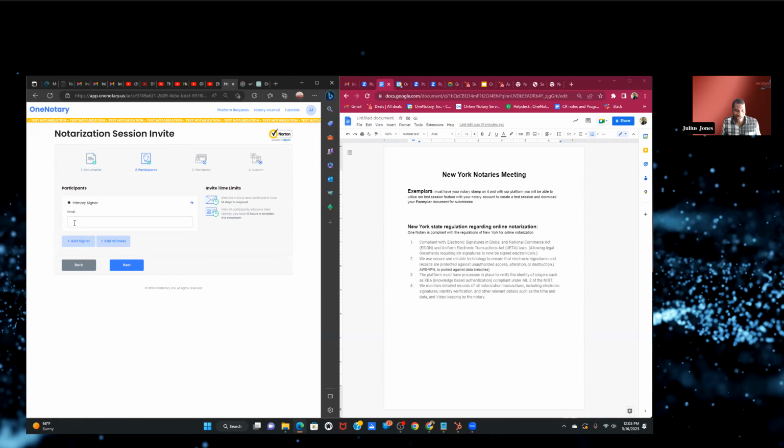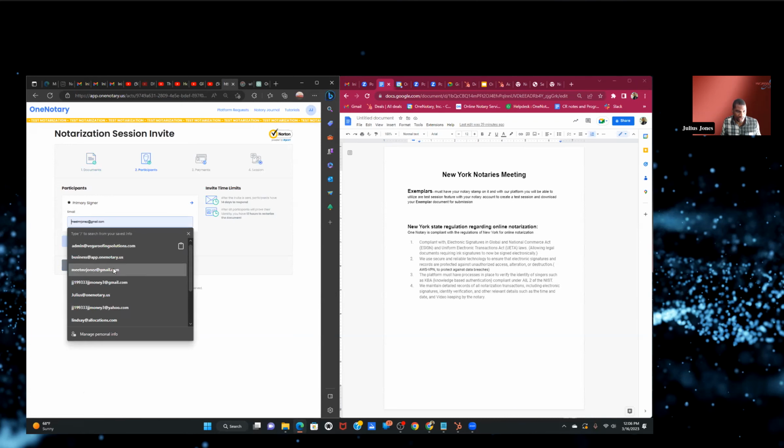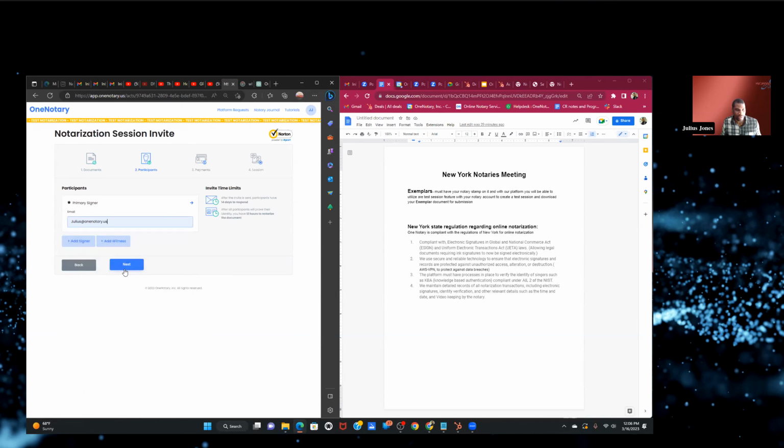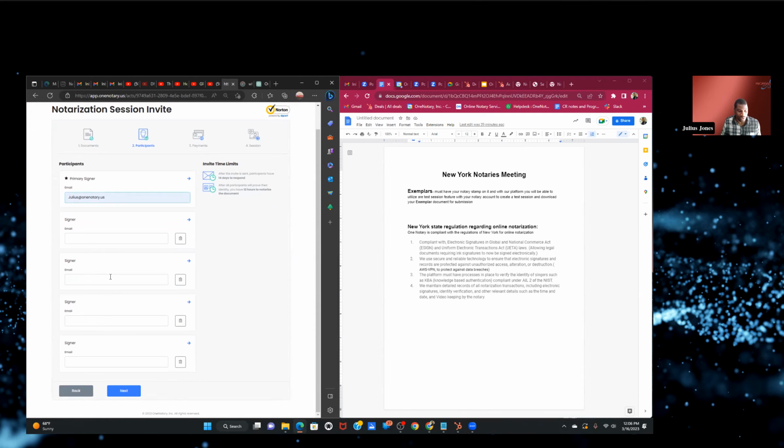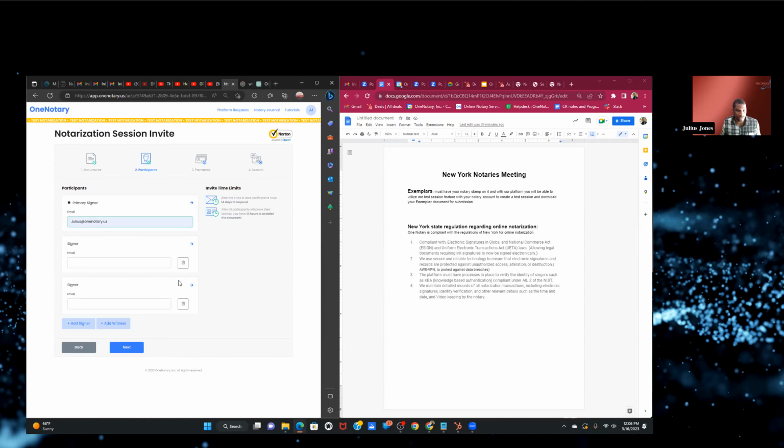Last step for you is you'll just be adding in the signer's information, which would just be their email. And then you click on next. Oh, also, I do want to mention that if you do have additional signers with your notary account, you can actually add 4 additional signers. So in total, you'll have 5 signers in the session if you needed to add any additional signers. And all you have to do is enter in their email, and then we'll go through the same exact verification process that I'm getting ready to show you guys here in just a second. So we're going to go ahead and click on next.